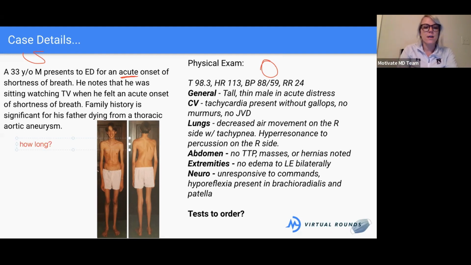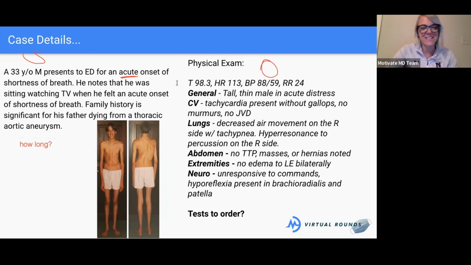Good questions. Is he a smoker? No, he doesn't smoke. Does it happen only when he sits down? It just happened all of a sudden when he was sitting down. He wasn't short of breath earlier. Did it get worse when he stood up and walked around? Yes, it felt like he wasn't able to walk to the car and had to walk really slowly to get to the car to come to the emergency department. Increased stress? No, he's been fairly not stressed. He's out of school for the summer. He's in college right now. Does he have scoliosis? I would say yes.